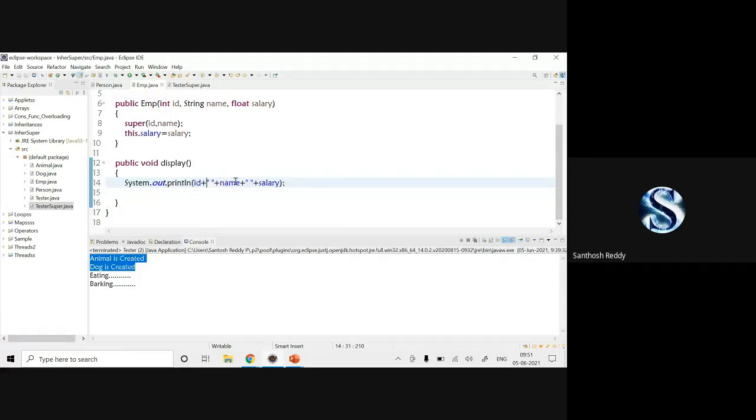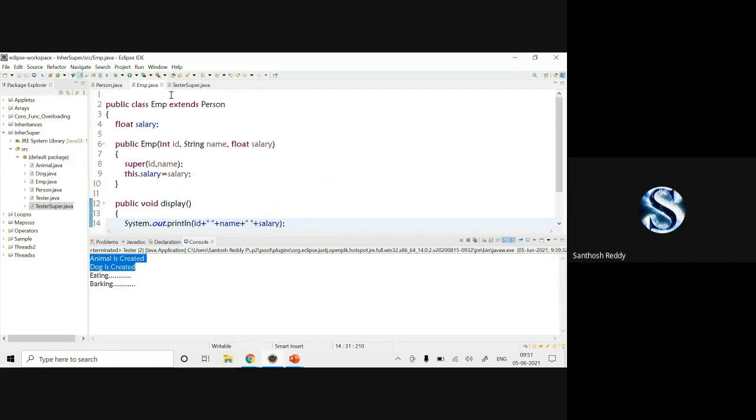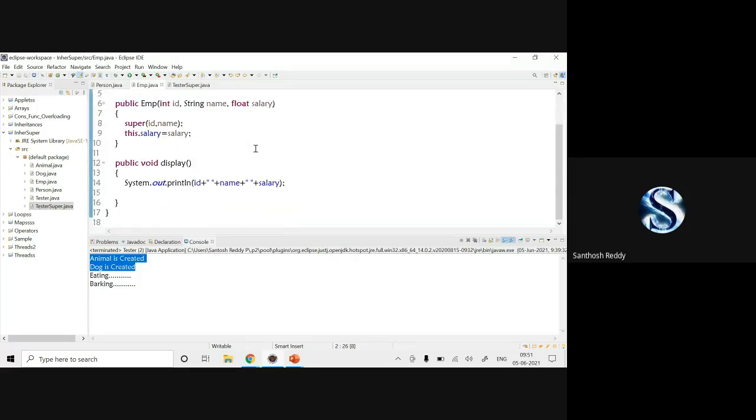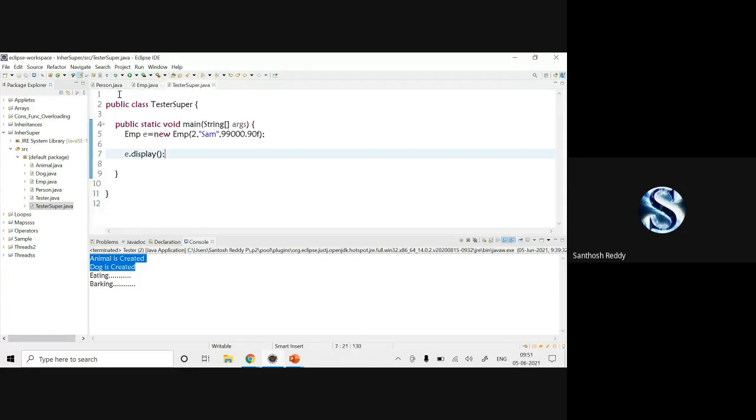I have ID, name, salary. There is a relationship between employee and person, so I can easily extract the variables present in the person class. That's it, and it is printed on the screen. When I run the code, you can check that the values are displayed.